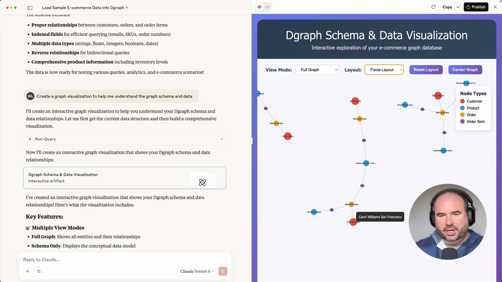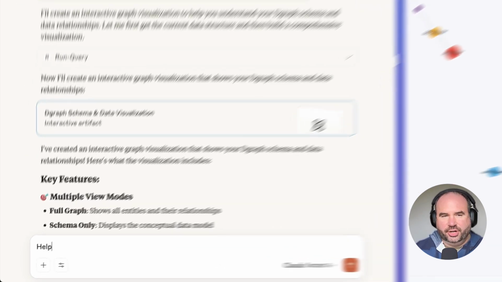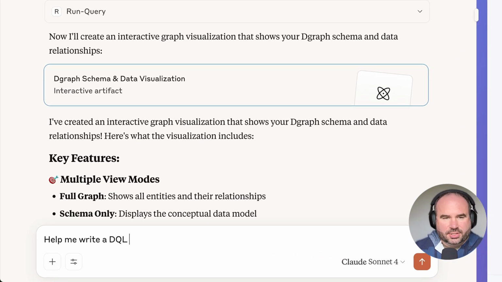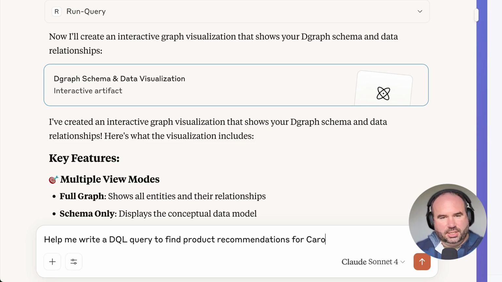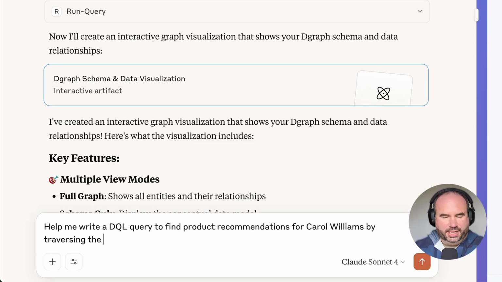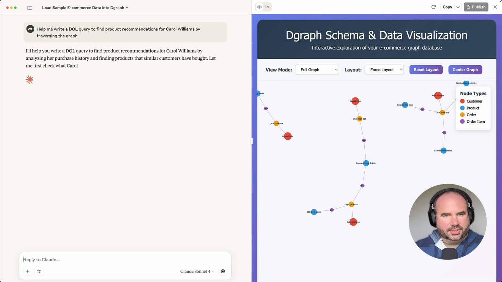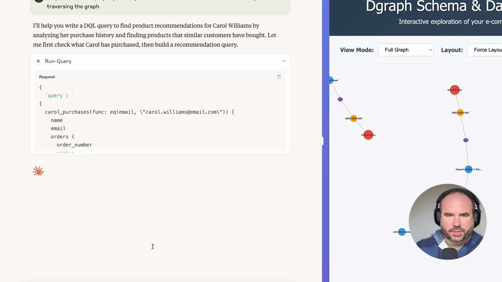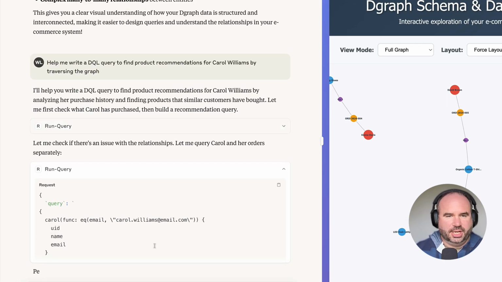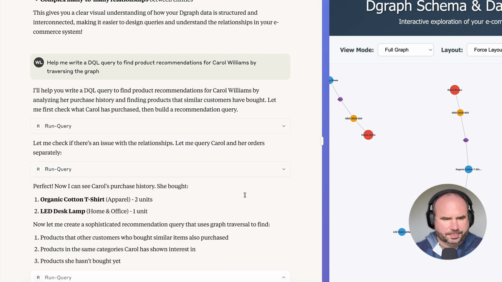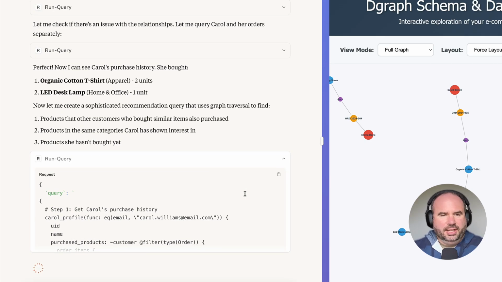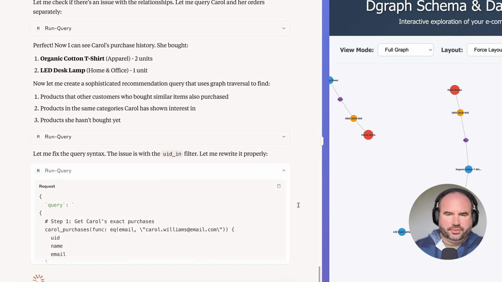Now, a common use case for graphs is generating personalized recommendations. So let's see how we can generate personalized recommendations using DQL and this data set. So we'll ask Claude to help us write some DQL queries to generate personalized recommendations for, in this case, a specific user. And we can see here that Claude is going to come up with a few different approaches to this,